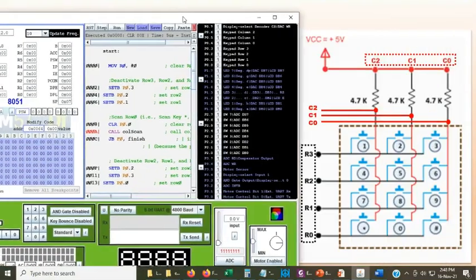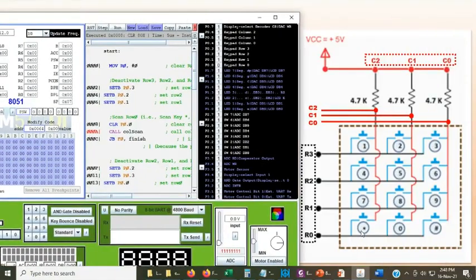When row 0 is activated, you are going to detect star, 0 or hash. Hash is your key number 0, 0 is your key number 1, star is your key number 2. Remember, for this particular architecture, of course, you may have a different keypad in your hand.